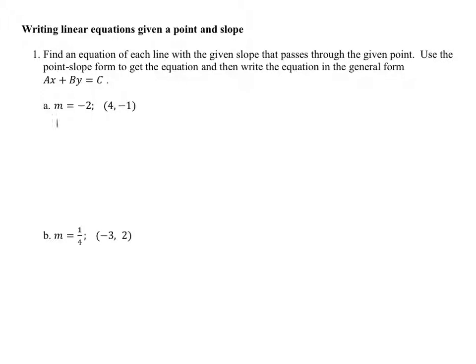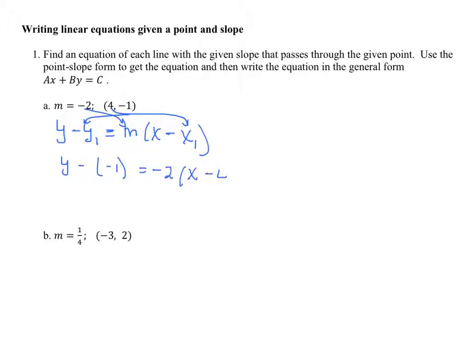So we want to look at y minus y1 is equal to m(x minus x1). Well, we know what the slope is. y1 is -1, x1 is 4, and the slope is -2. So let's plop them in. y minus -1 is equal to -2(x minus 4). So we're going to get y plus 1, distribute the -2,